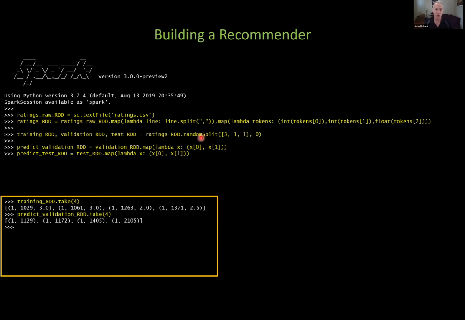And by the way, when you split your data up, you want it to be random. Very often it's the case that your data set might have some kind of correlation, time correlation or something in it. So you want to make sure when you split things up, it's random. And we don't even have to worry about that here with our random split. I think our data set, for example, if you look in it, is sorted mostly by users, user 1, user 2, and you wouldn't want all your training data to be some set of users. And so instead we want random data.